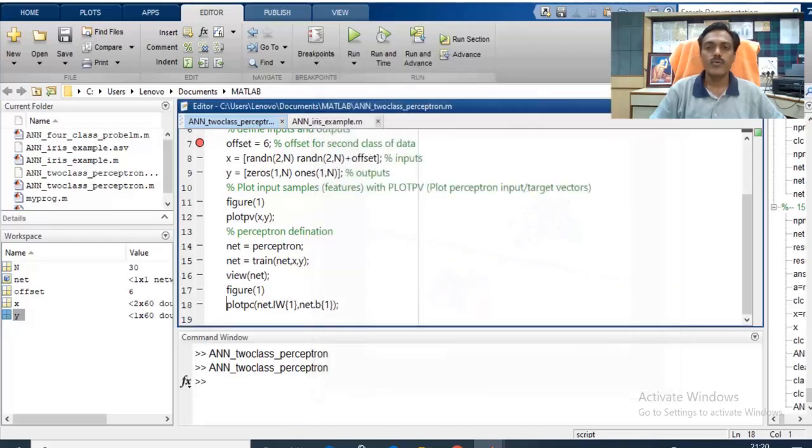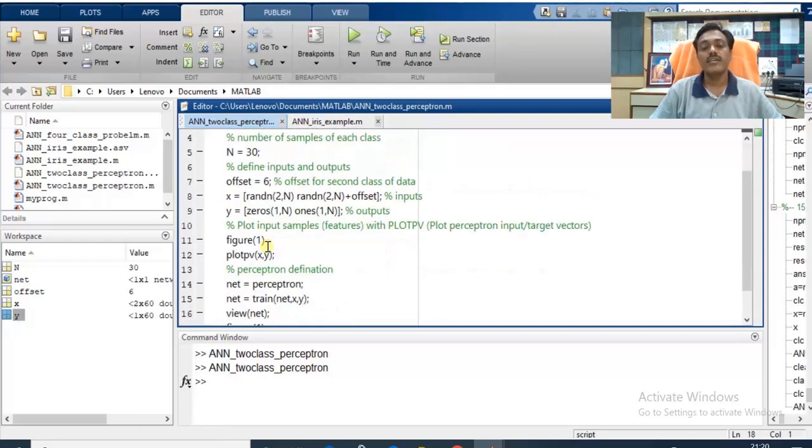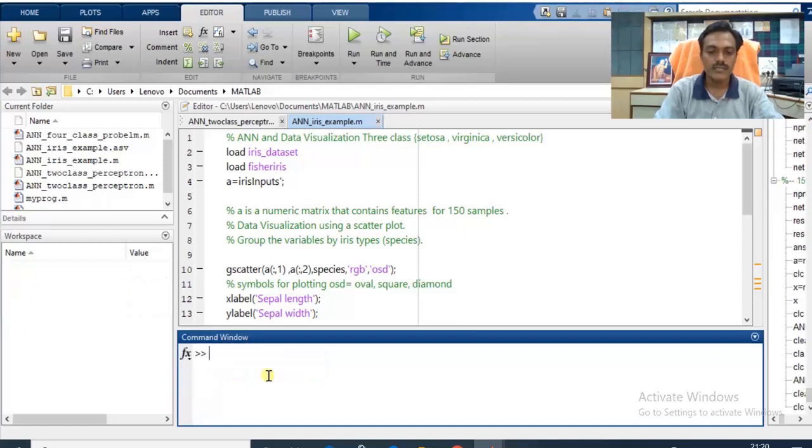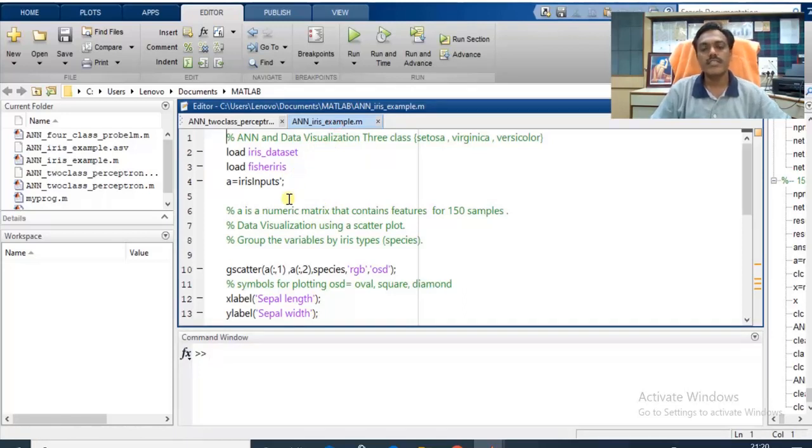Now we'll move to some other example having the iris dataset. So this is generated for sampling and classification. Now let us see the iris example again. Here the previous data, clc. Now run this example. So I will execute this code and I will explain it to you one by one. I will explain this code first of all.